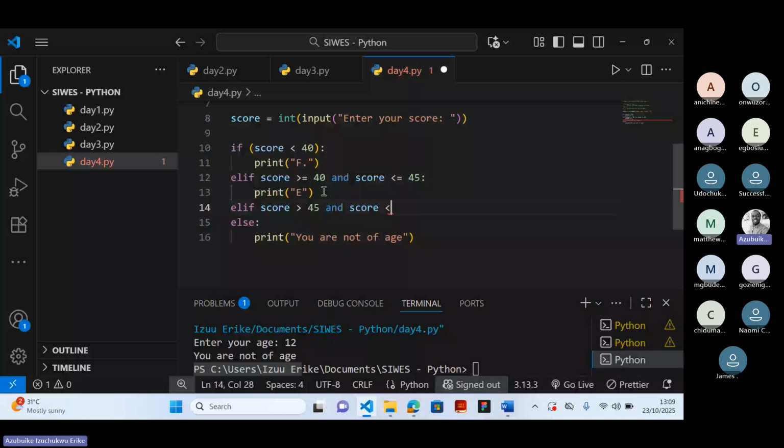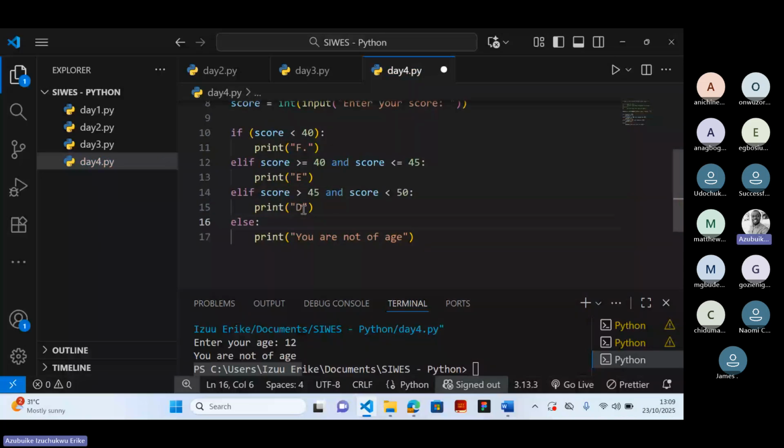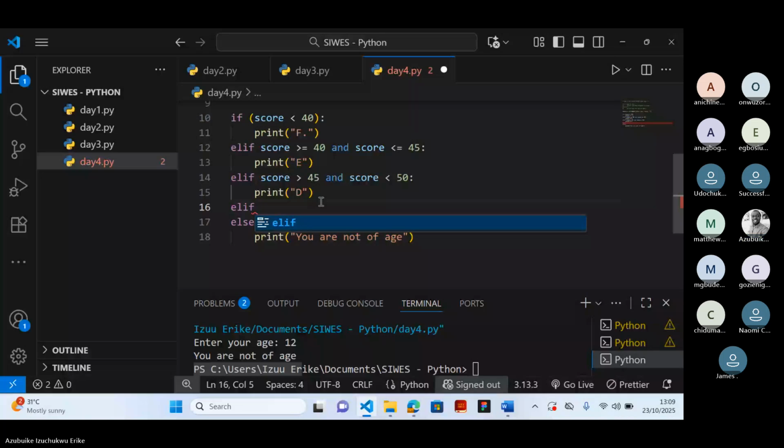I want to print D at this point in time. Still say elif score is greater than or equal to 50,